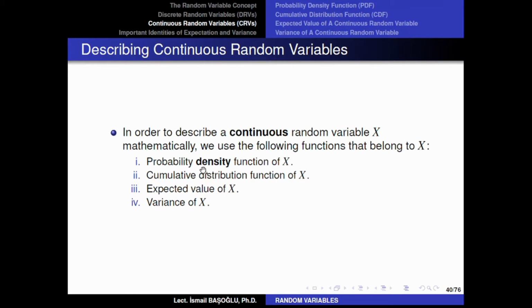Remember now, the word mass is used for discrete random variables and the word density is used for continuous random variables. Even by looking at the probability density function statement, you can understand what type of random variable you are working with. So for example, if the question says x is a random variable with the probability mass function defined as follows, then you need to understand that x is a discrete random variable. So it should be handled like it's a discrete random variable.